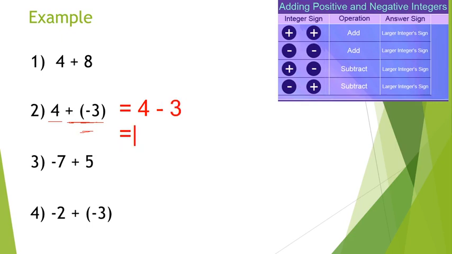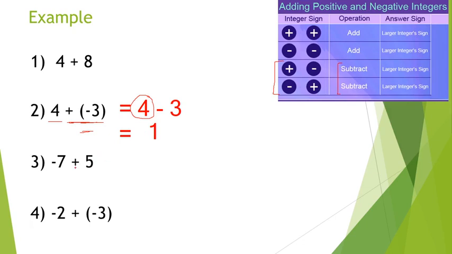Now both the numbers have different signs, positive 4 and negative 3. So we have to subtract the numbers. See here, both the numbers have different signs. So we have to subtract the numbers. So what will we write? We'll write 4 minus 3, it will be 1. And the sign will depend upon the larger integer. Here the larger integer is 4 and its sign is plus. So we will consider it as plus 1. We don't need to mention the positive sign.